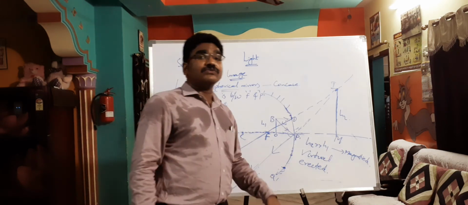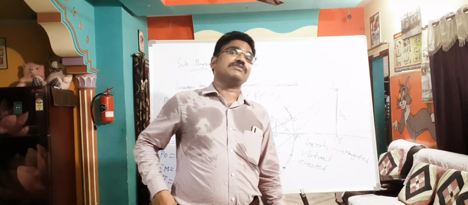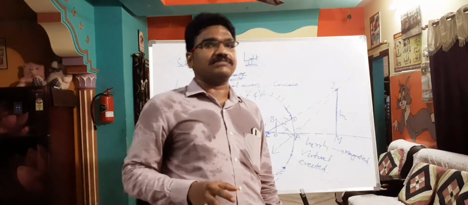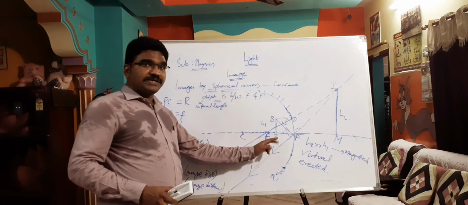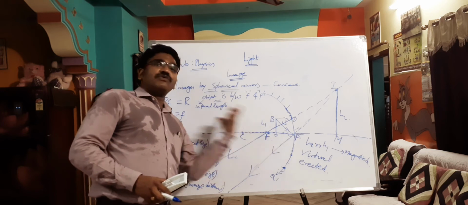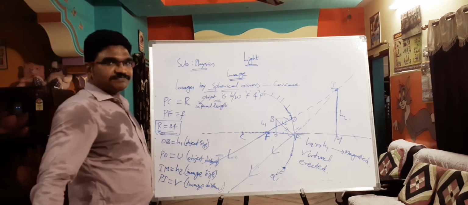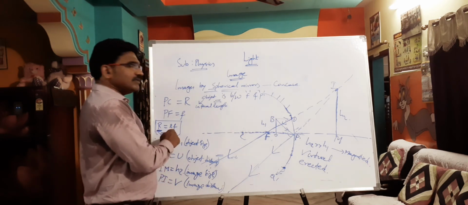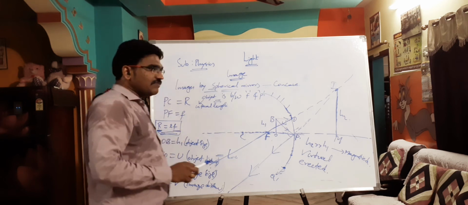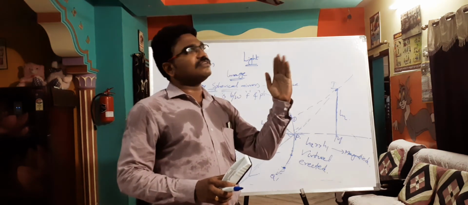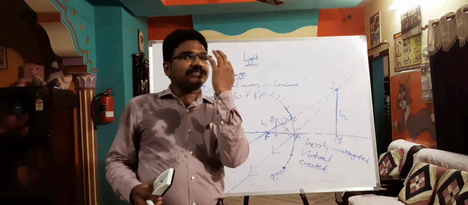This type of mirror we use in beauty parlors, as shaving mirrors, or for ENT doctors whenever you want to see a magnified and erect image. For that, the object should be in focal length. Object in focal length means the focal length should be more. If the focal length is more, the radius of curvature also should be more. When the radius of curvature changes, the focal length also changes. So when you take more focal length, automatically the object will be in the focal length.